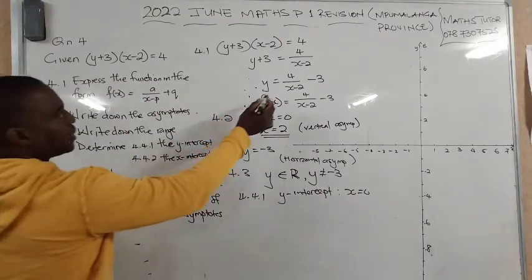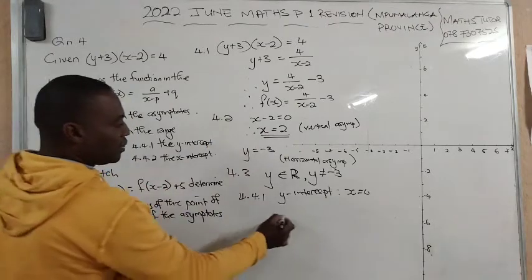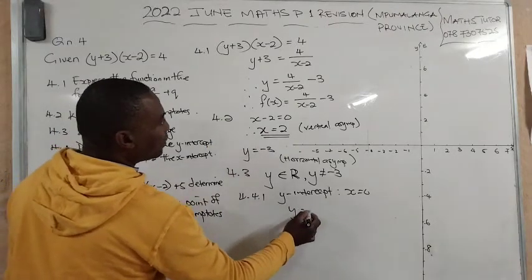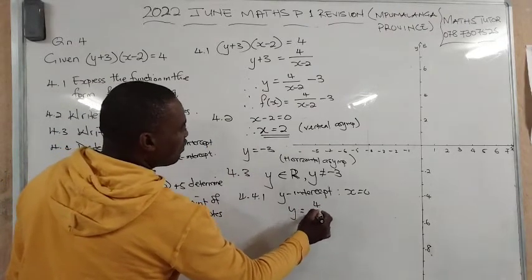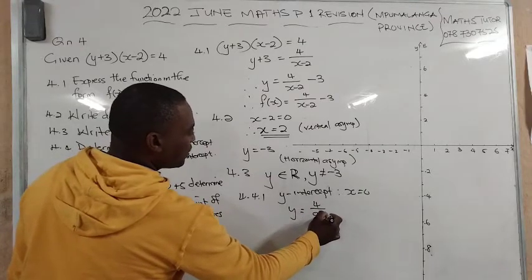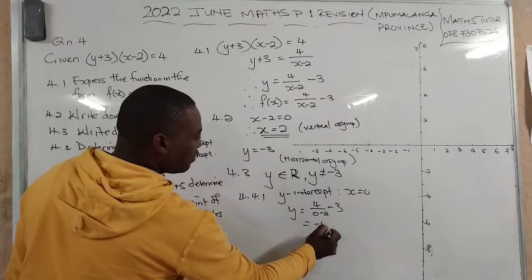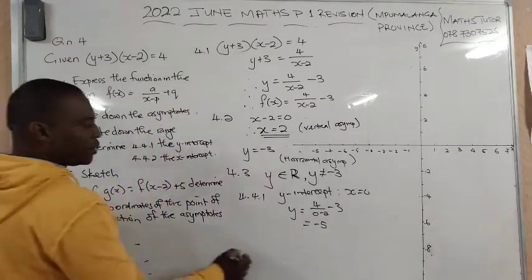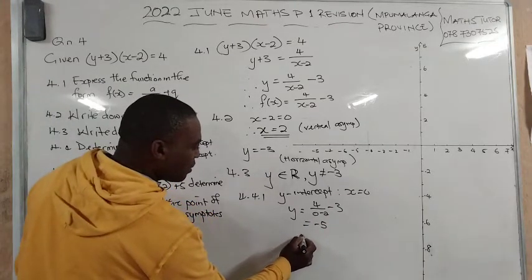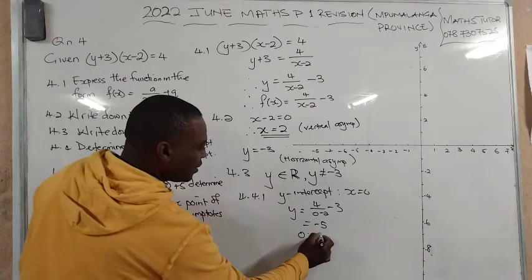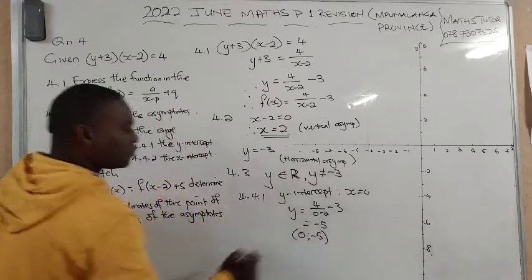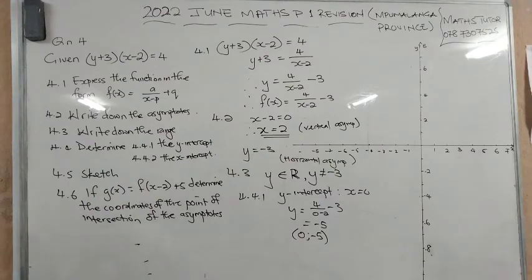So we are just going to substitute. Y will be equal to 4 over 0 minus 2 minus 3, and that gives us negative 5. So the y-intercept has the coordinates (0, -5). Okay,